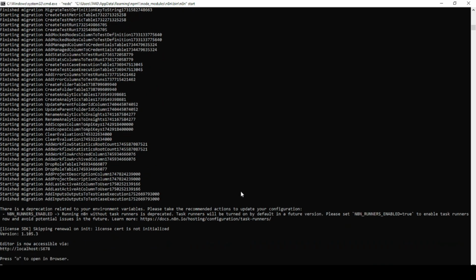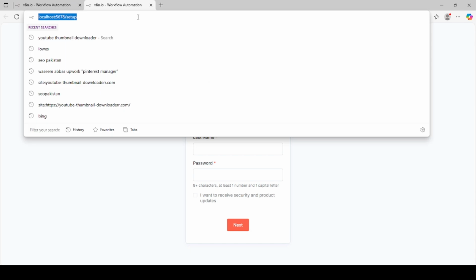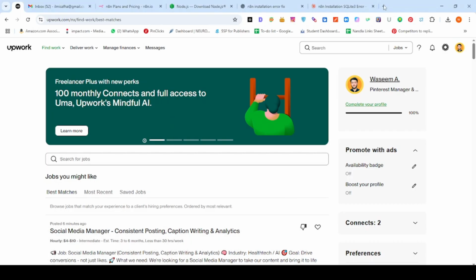Then you have to type O here. Then you will be redirected to browser. This is my default browser, so it is redirecting me to Microsoft Edge. But what you can do is copy this URL. You can see I just copy this URL